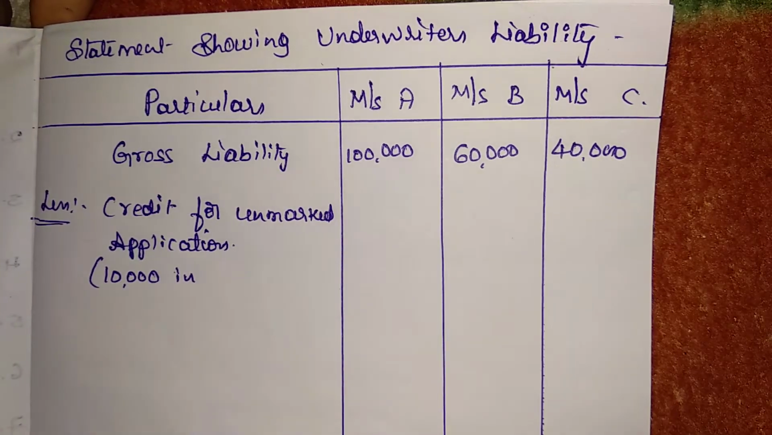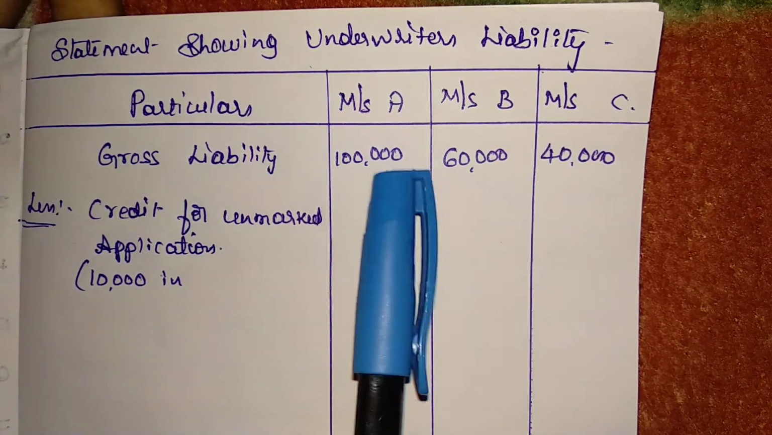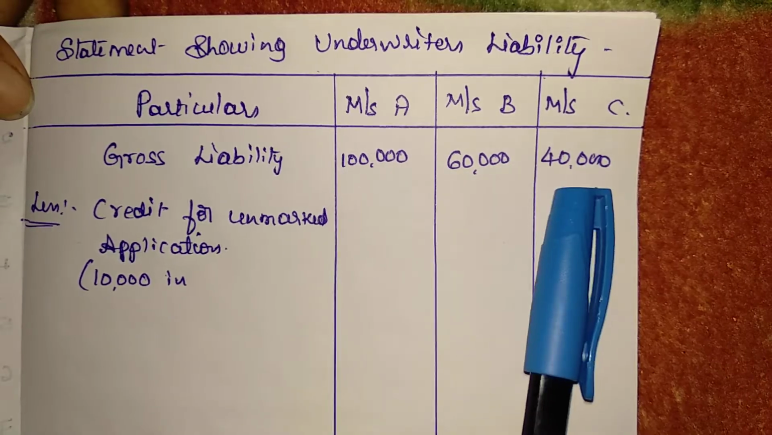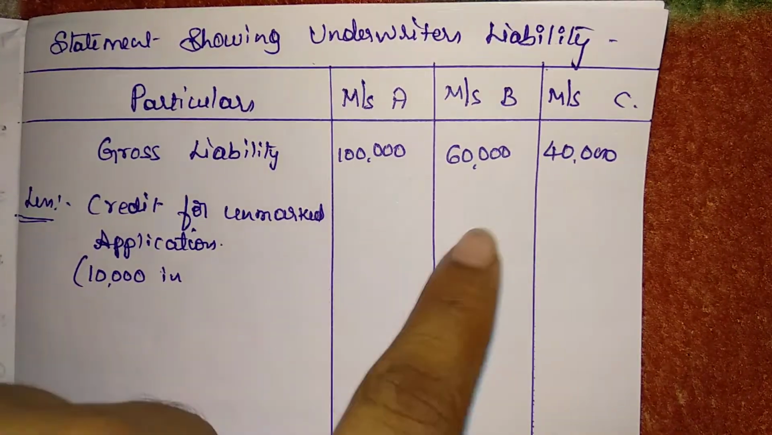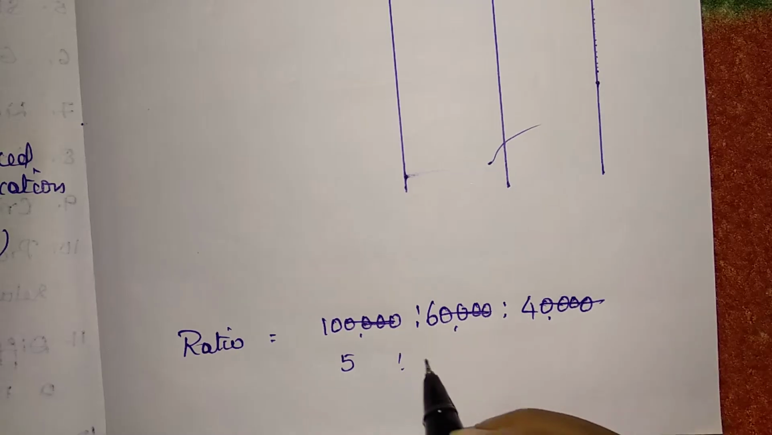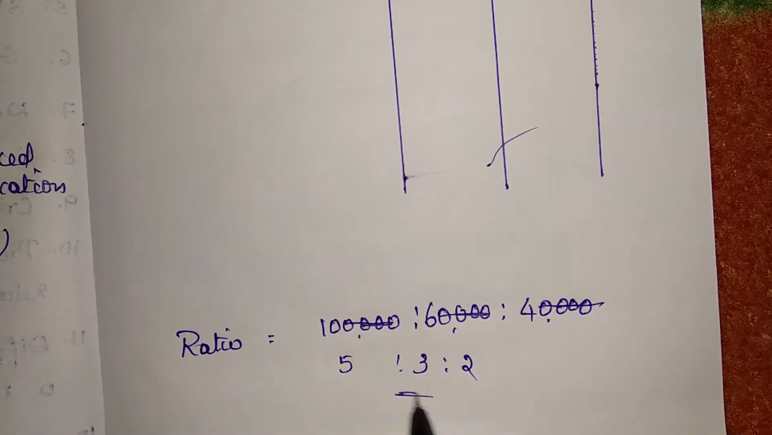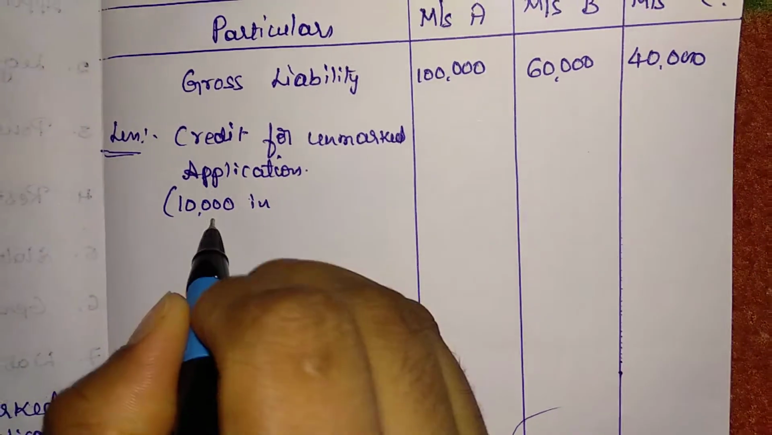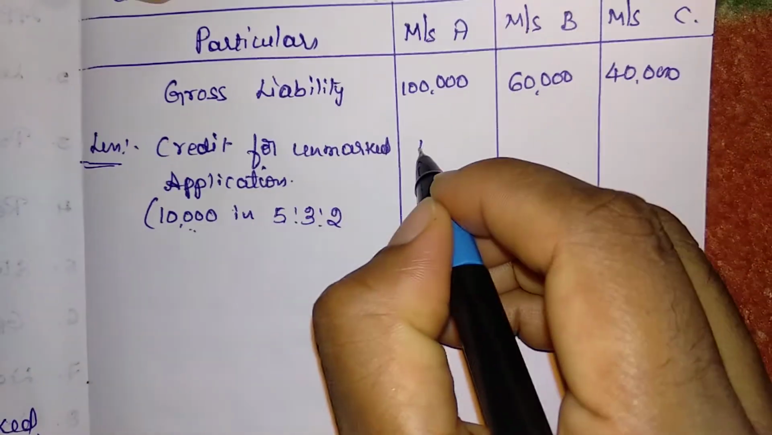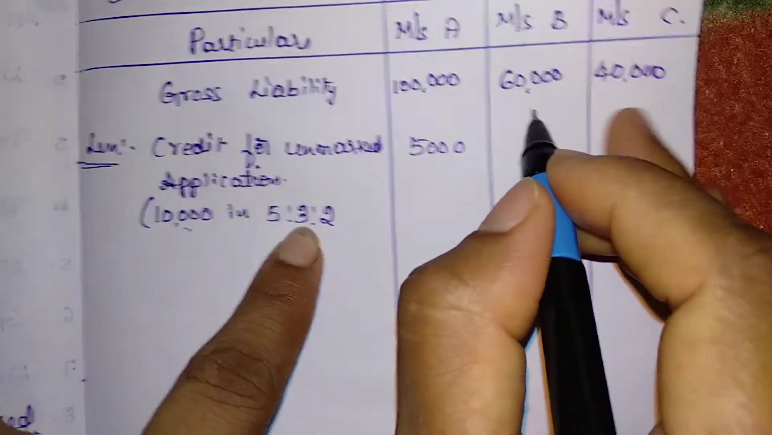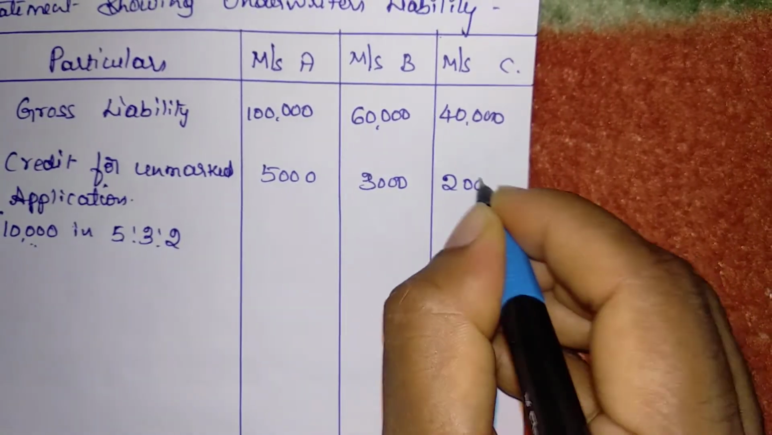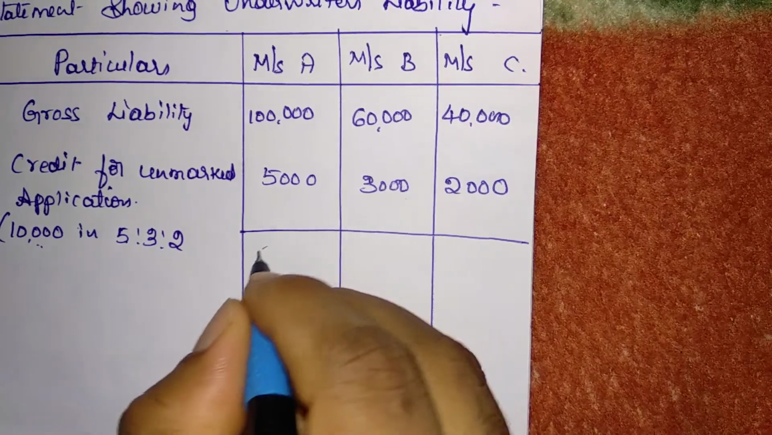So we have to share this in a ratio. We calculate the ratio on the basis of the liability of each underwriter. The liabilities are 1,00,000, 60,000 and 40,000. So the ratio is 5:3:2. We share 10,000 in 5:3:2. 10,000 into 5 by 10 is 5,000. 10,000 into 3 by 10 is 3,000, and 10,000 into 2 by 10 is 2,000. Deducting this, you'll get the answer, that is 95,000,